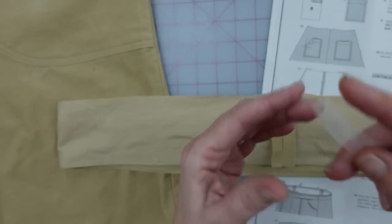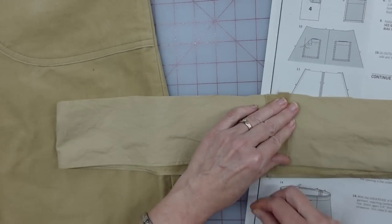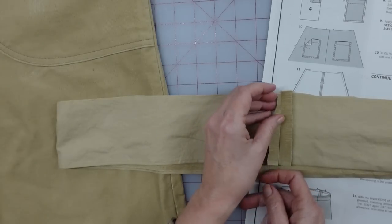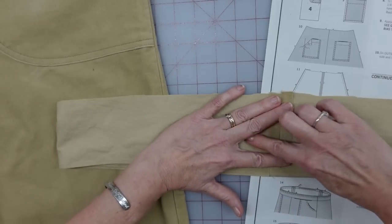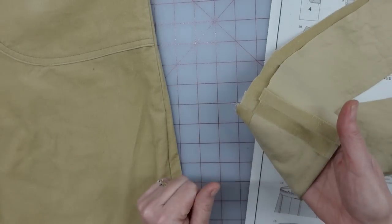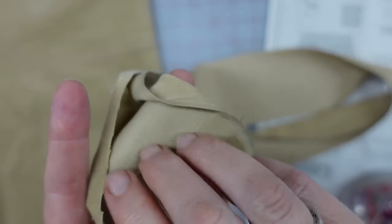So what I'm doing is getting some of my little 1/2 inch wide stitch witchery, and I am going to glue these little flaps down on both sides so that when I come back with my bodkin and elastic pulling it through, it's not going to have any trouble getting through this. So I'm going to do that on this side and also on this side. So now that these are fused down with stitch witchery and I'm not going to have any trouble getting through there,